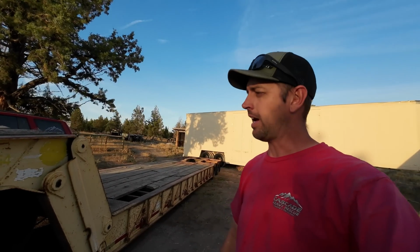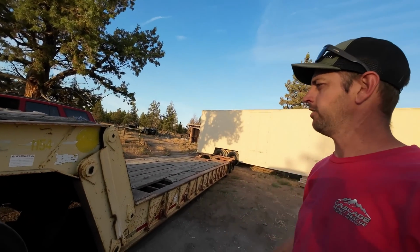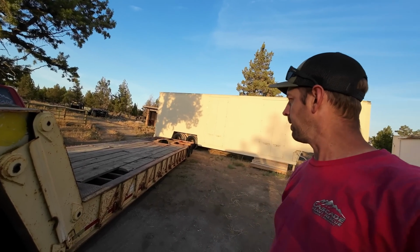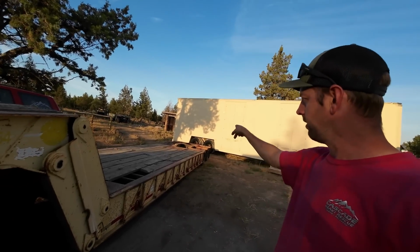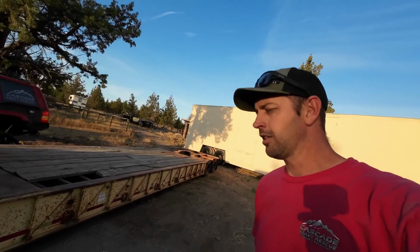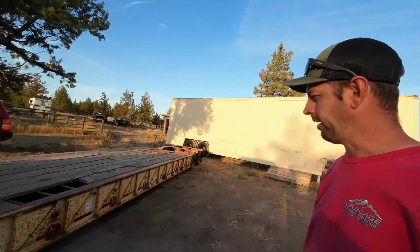Probably the least likely to have that happen is my silver ramp trailer that I showed you guys a while back, that's air powered, because it's literally just air to let the ramps down. But even that trailer has had that linkage break and the ramps be stuck. So that's just part of the deal with mechanical stuff. Mechanical stuff breaks,